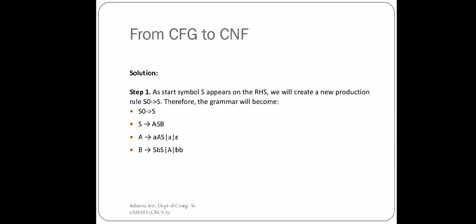See, we have introduced a new start symbol named S0. So S0 being the start symbol, now S is not the start symbol anymore, so it can be present in the RHS of any production. Okay, now you will be astonished to see this one. So unnecessarily we are incorporating one more unit production, right? So why we are doing this? But for the sake of simplicity, we will start with this one. Later on you will see that we will also remove this unit production as well, and we will come up with a form which is a standard CNF. But to begin with, since the start symbol cannot exist in the right hand side of any production rule, we have to do it. Fine, just to begin.